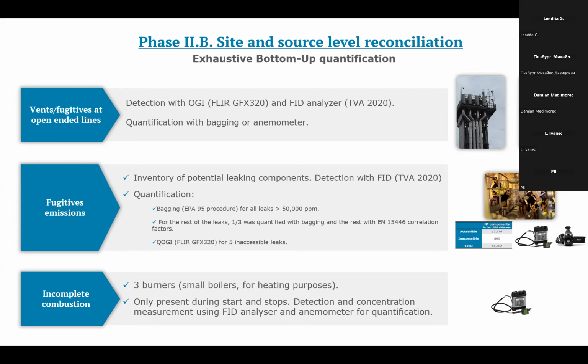The total plant had more than 11,000 potential leak points, and detection was performed with a FID sensor. It led to more than 500 leaks, which were then quantified with bagging using the EPA 95 procedure for all leaks with a concentration in excess of 50,000 ppm. For the rest of the leaks, one third were quantified with bagging, and the rest with the correlation via EN